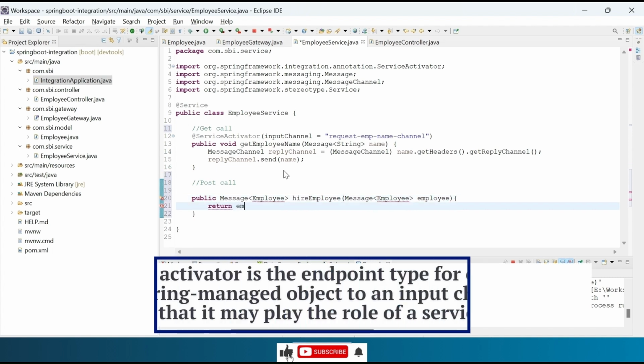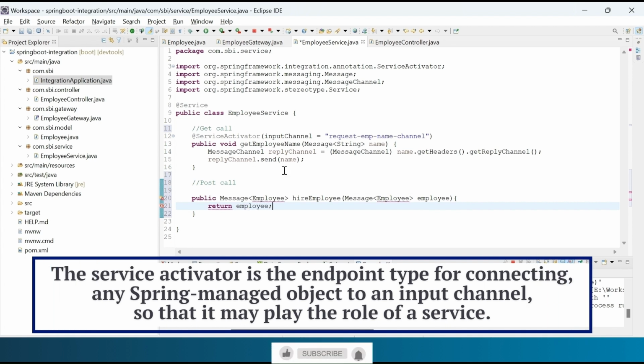The method will return the employee object. We will use this method as a service activator.